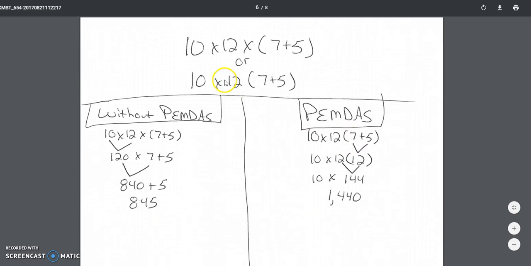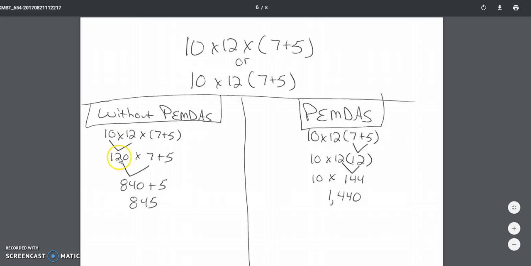Okay, here's my next problem. 10 times 12 times 7 plus 5. You see where I also wrote it? 10 times 12, parentheses, 7 plus 5. So if I do this without using PEMDAS and work this from left to right, I'm going to get 10